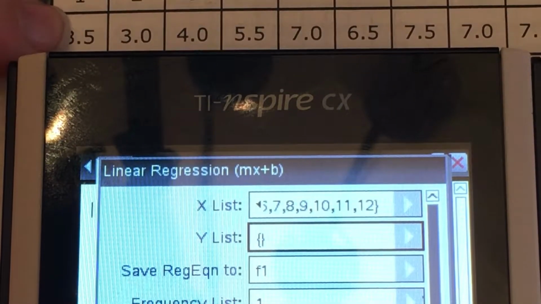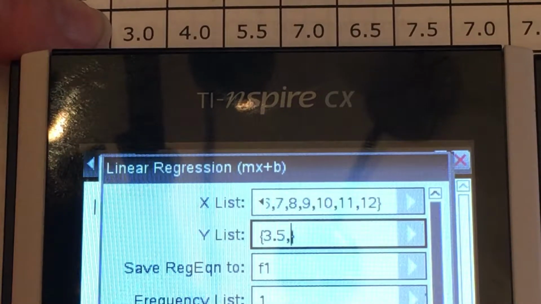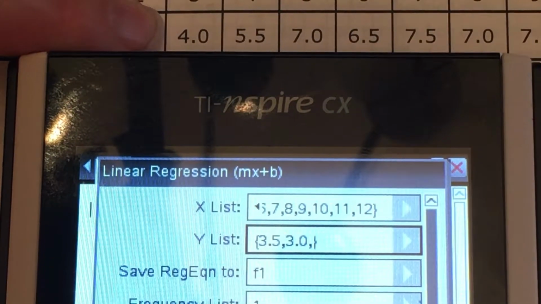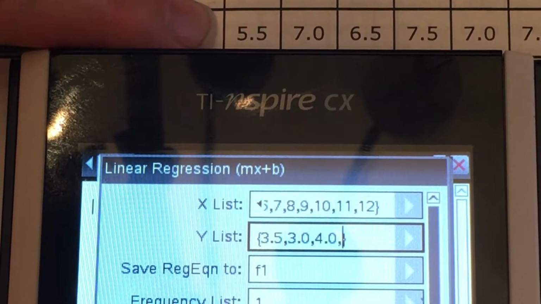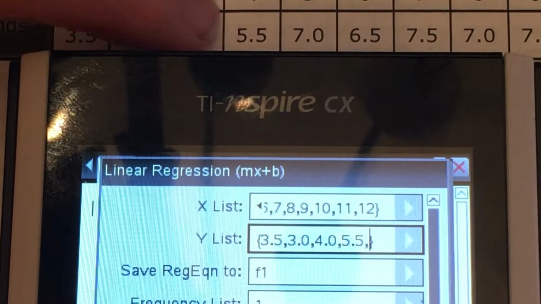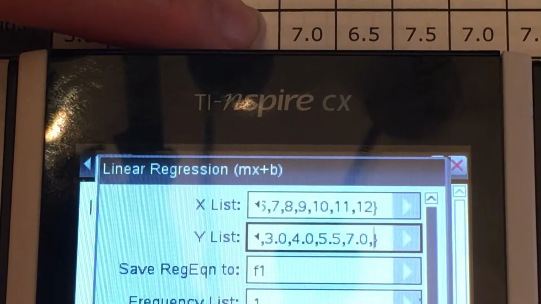All right? So 3.5, comma, 3.0, comma, 4.0, comma, 5.5, comma, 7.0, comma,